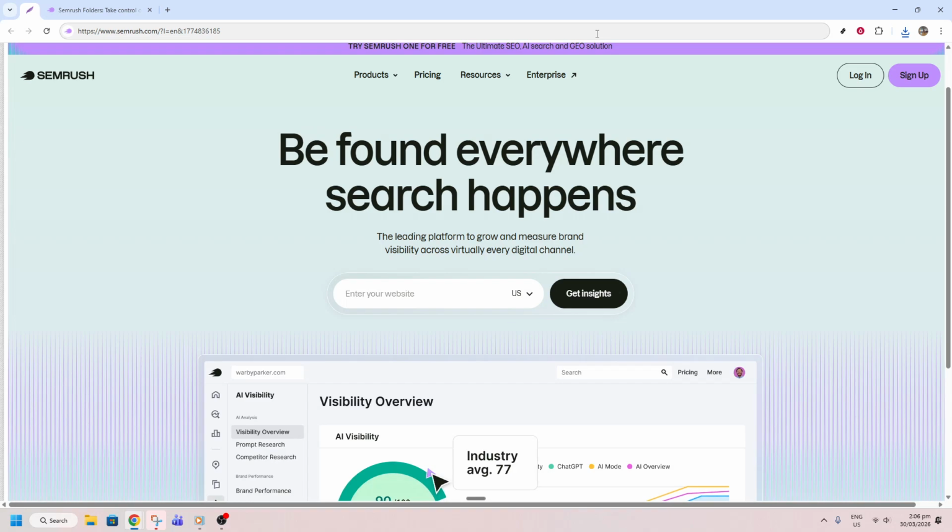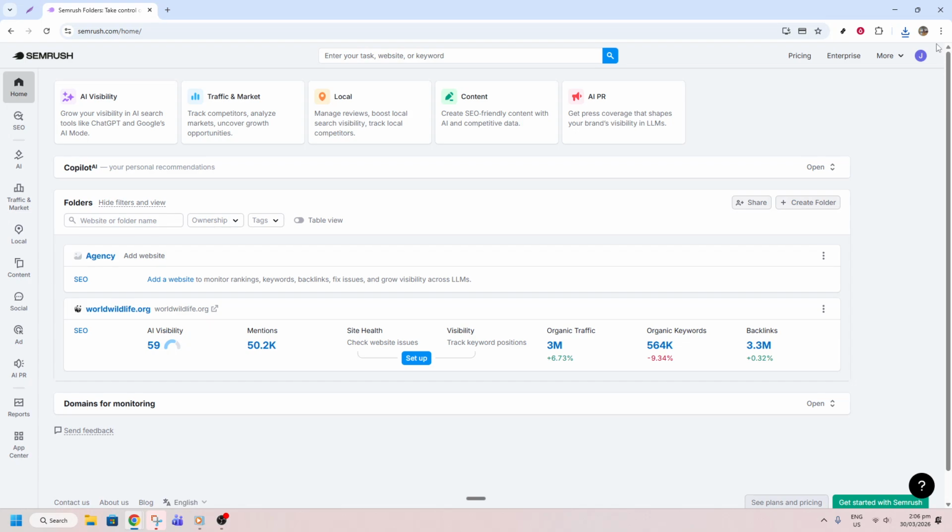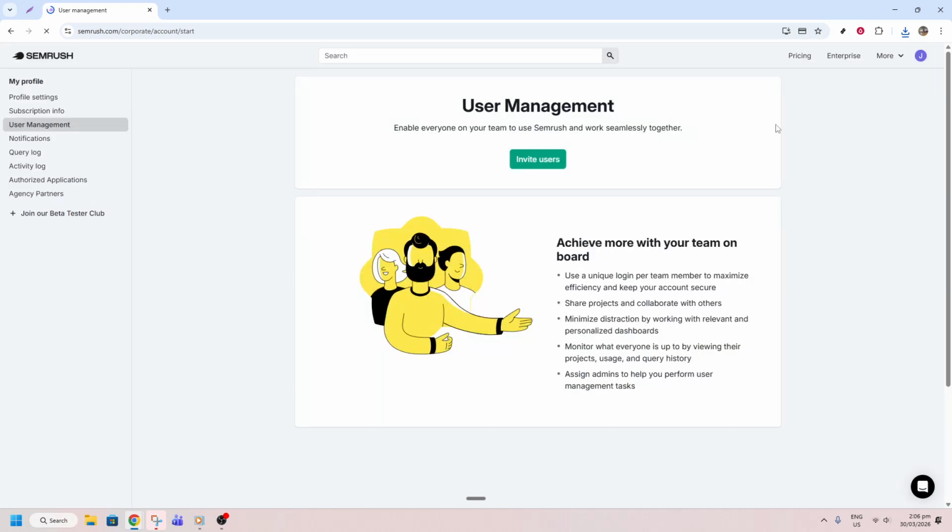partner. After logging in, direct your attention to the top right corner of the page where you'll see your account icon. Clicking on this will reveal a drop-down menu with several options. From here, you'll want to select Manage Users. This section is where you'll handle various account settings and permissions, which is an essential part of managing your agency's